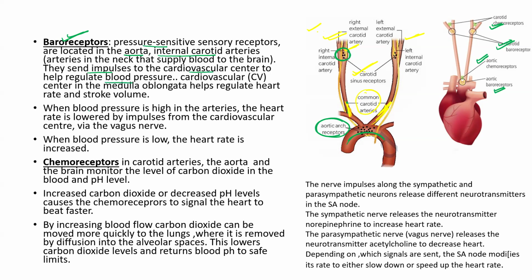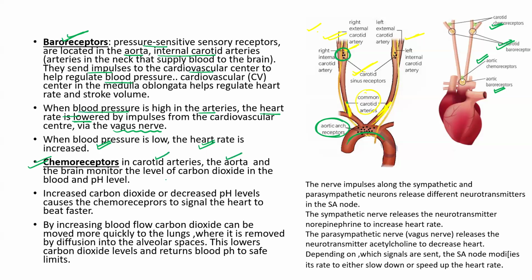So when the blood pressure is high in the arteries, the heartbeat has to slow down. So the impulse is sent by the medulla through the vagus nerve. We studied just now that the vagus nerve's work is to slow down. And if these baroreceptors identify that pressure is low, then what will they do? Through the sympathetic nervous system, the heart rate will be increased. Understood? Now come to the chemoreceptors, which are present again in the carotid arteries and in